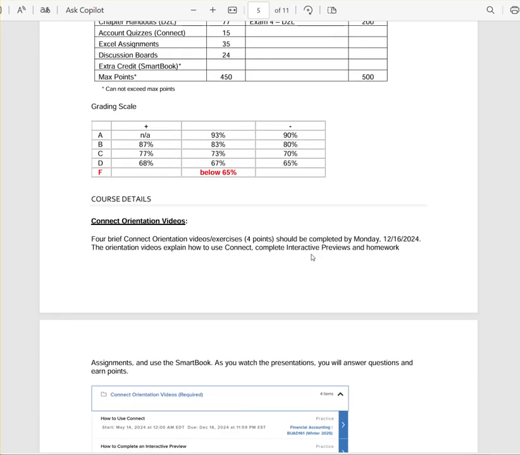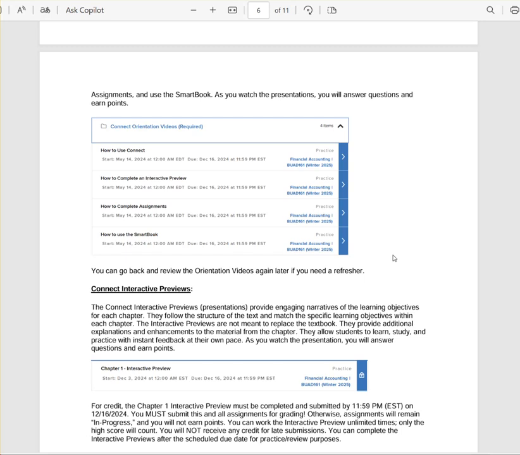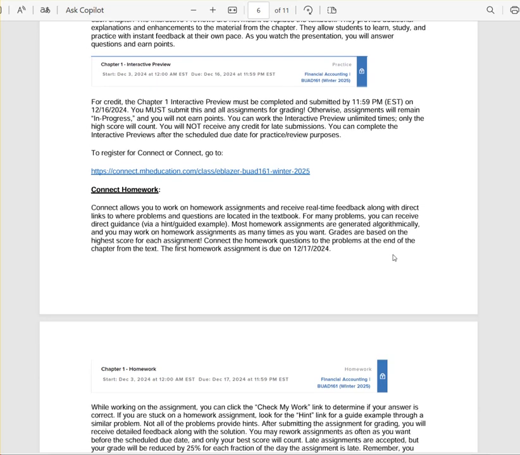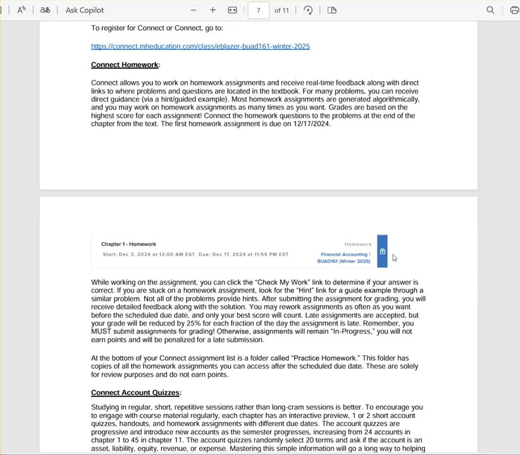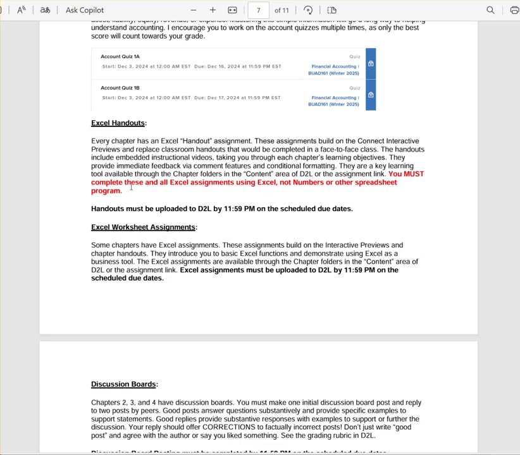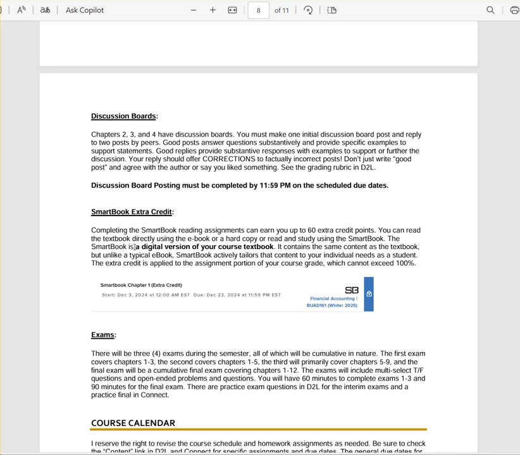Here's the grading scale, and on the syllabus it describes the various assignments. There are practice attempts if you miss an assignment. Okay. For the Connect homework, there's a Check My Work button, so you can check your work as you're going through it. You can do the homework as many times as you want, and only the high score will count. The syllabus describes the Connect account quizzes, the Excel handouts, the Excel worksheet assignments, discussion boards, and also some SmartBook